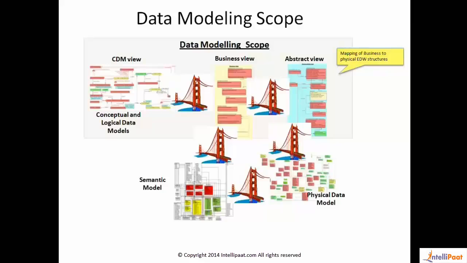At a very high level, if I want to explain a particular business process, what are the high level subject areas, within those subject areas what are the high level entities, and how those entities interact with themselves. So at a very high level, if I want to give that picture, then that is nothing but a conceptual